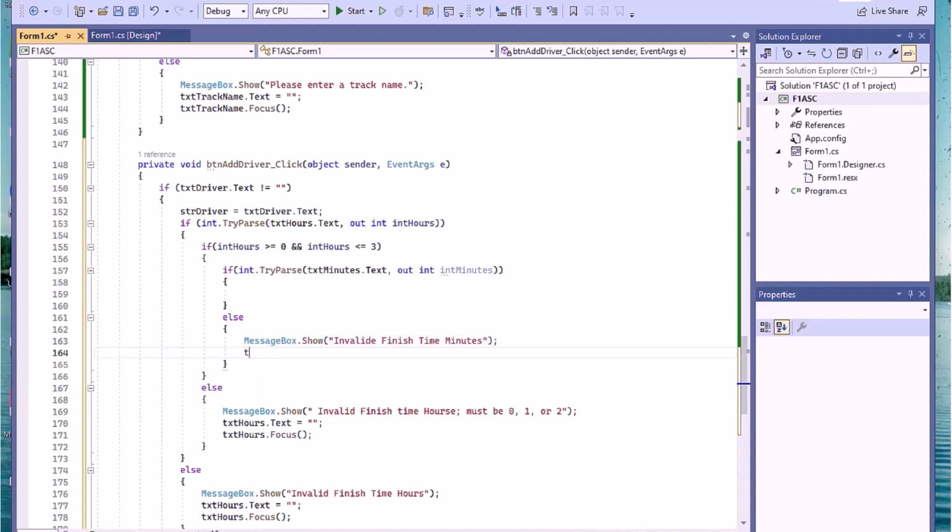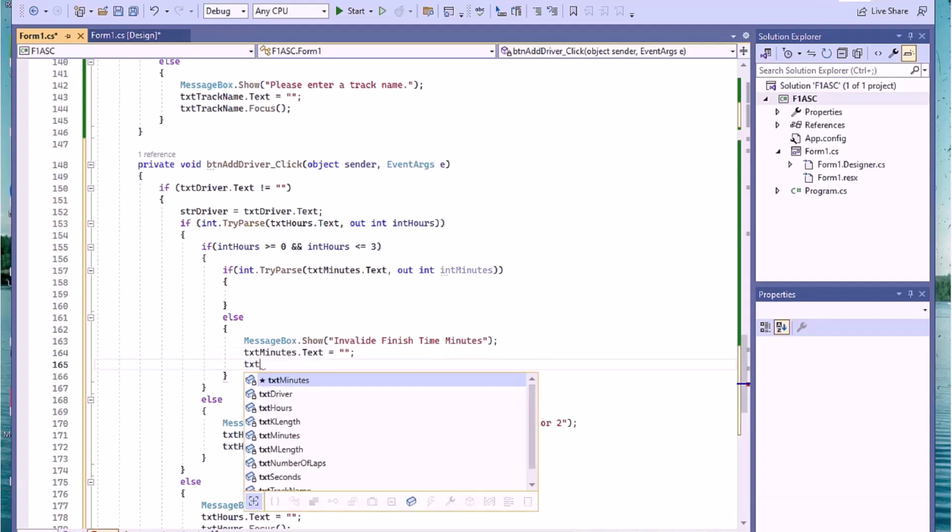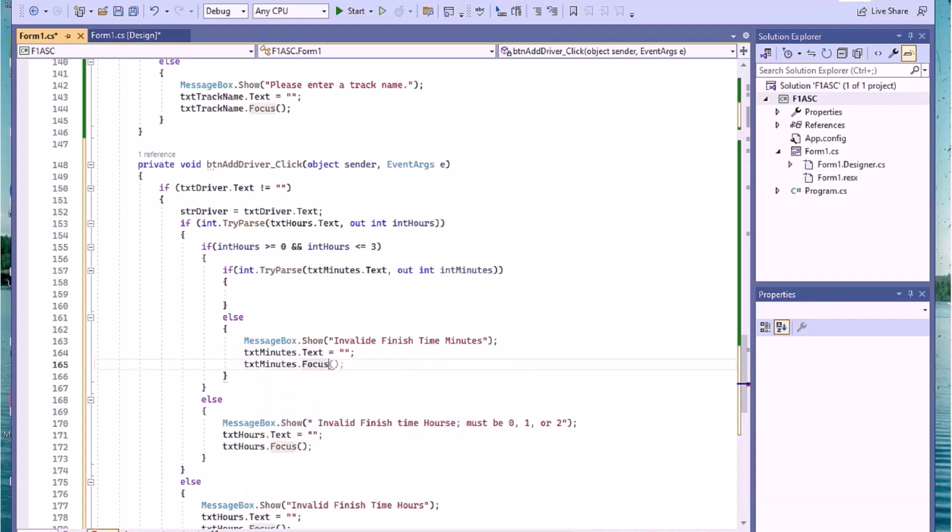And txt minutes.text is equal to quote quote, txt minutes.focus rather. That's correct. We're going to check the focus on that thing. Well, that got our minutes are in there. Now we can take a look at the range on